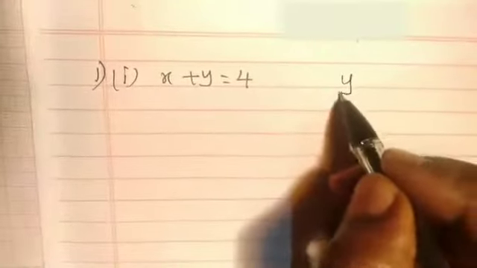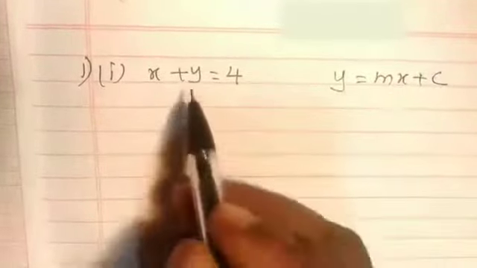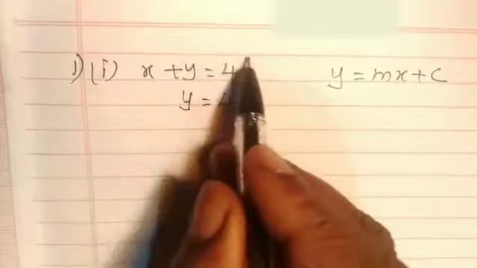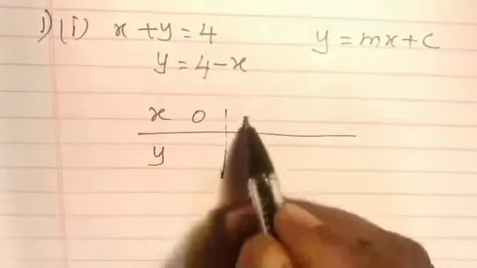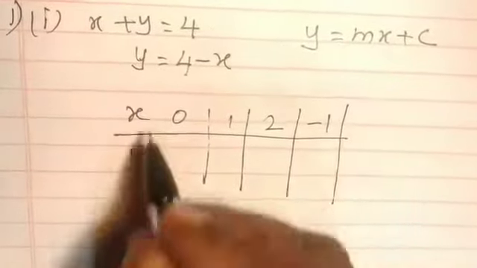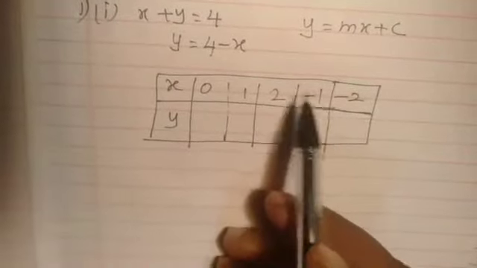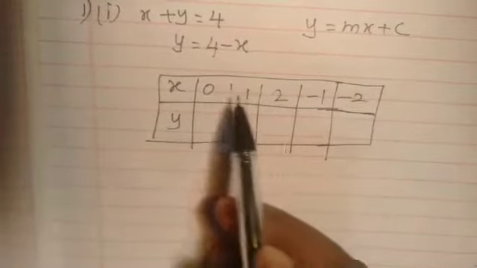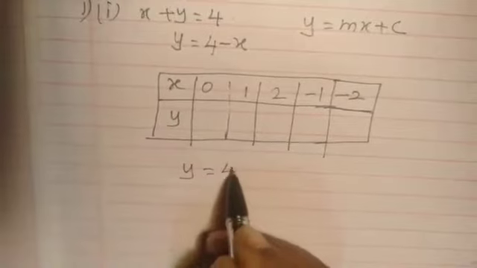Here they have given positive y. The fundamental equation formula is y equal to mx plus c. Same like that we have to modify here also. So we will keep y here as 4, and positive x will become negative x. For x, we can give a positive value or negative value or both, including 0. Any value can apply for x. According to this x value, the y value will change. So y equal to 4 minus x.